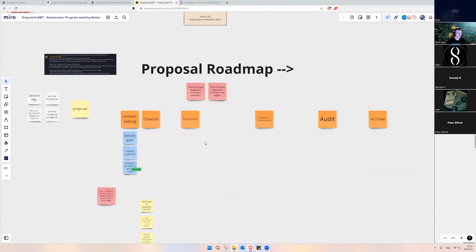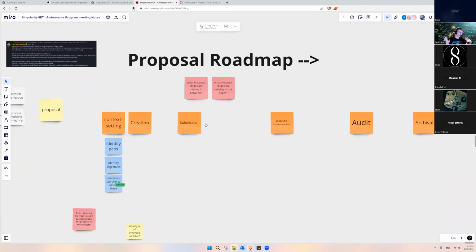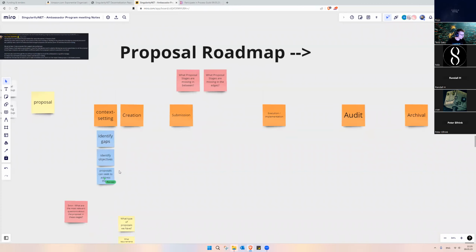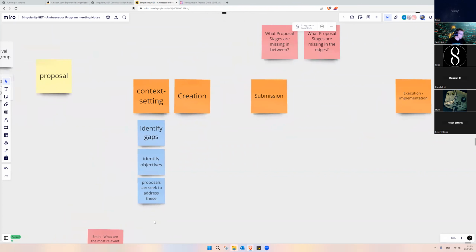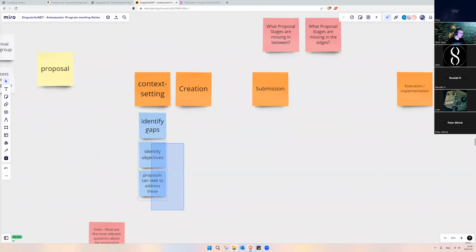And what I would like right now is to expand into all types of proposals. So if there are stages, like the maximum number of stages we could have. So if one type doesn't have a submission, but another type has, then right now, let's get the most detailed out. Randall brought up a few sticky notes. So identifying, would we put it all under context setting, or would they be all different stages, like first you do this, then you do this, then you do this, or would you see them as one bundle? I could see maybe breaking it down further, but in general,